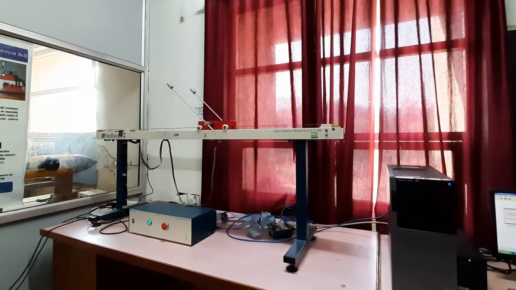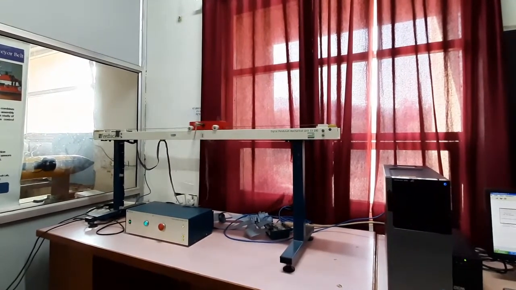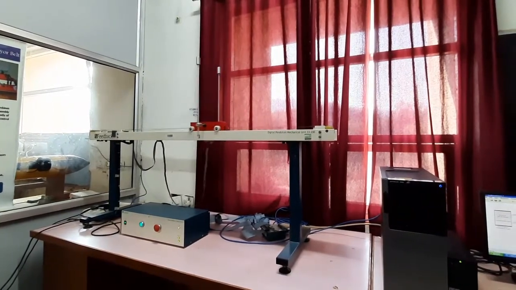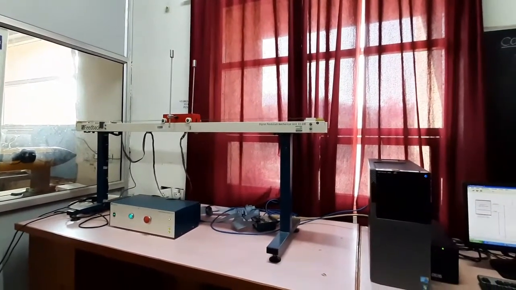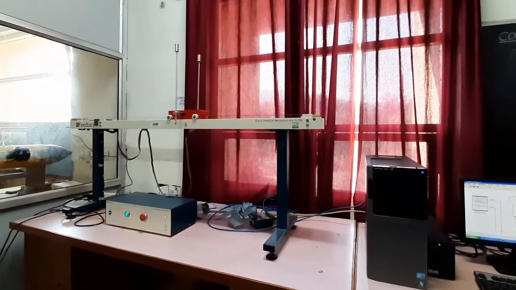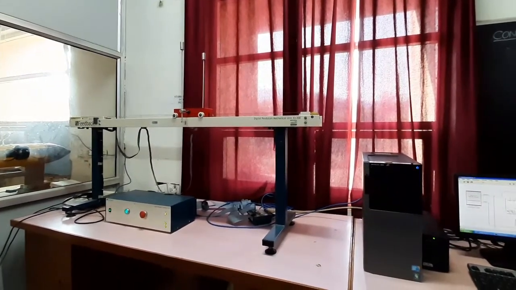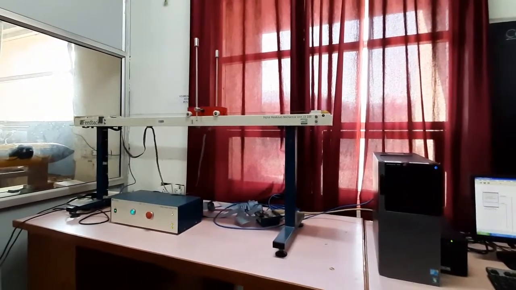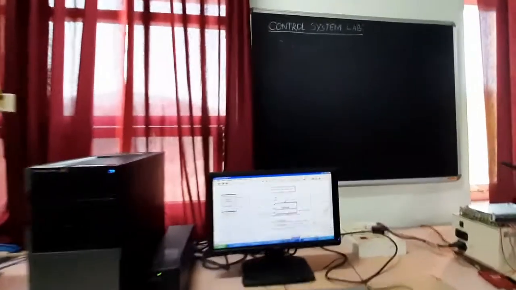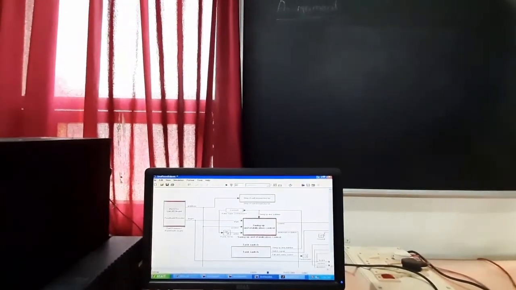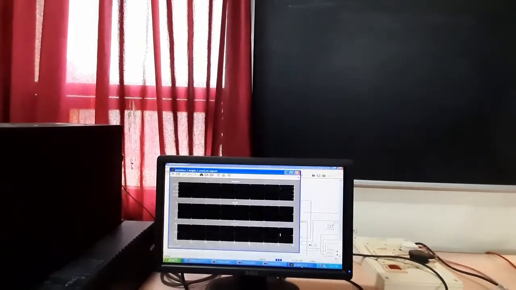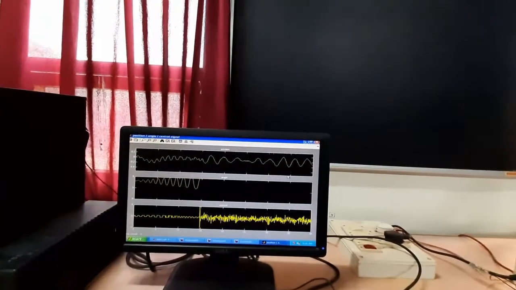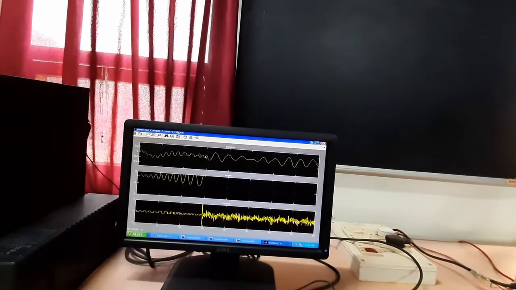This is the movement for inverted pendulum identification. And here is the response.